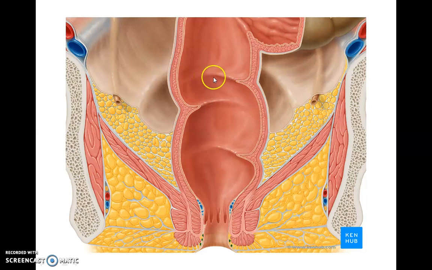projecting from the right or the left wall. Second fold, it is 2.5 centimeter above the third fold and it projects from the left rectal wall along the concavity of the lateral curve. Third fold is the most constant fold and it projects from the anterior and the right wall of the rectum and it lies along the concavity of the middle lateral curvature. Sometimes a fourth fold may also be present 2.5 centimeter below the third fold.